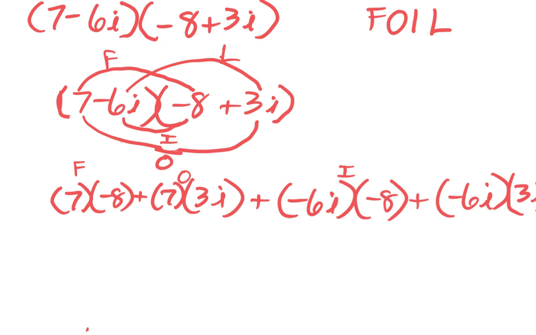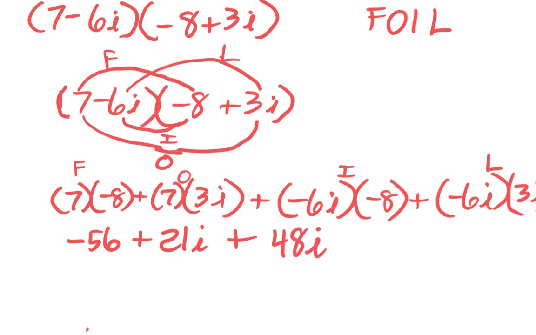Okay, let's multiply. 7 times negative 8 is a negative 56, plus 7 times 3i is 21i, plus a negative 6i times a negative 8 is a 48i. Negative 6i times 3i is a negative 18i